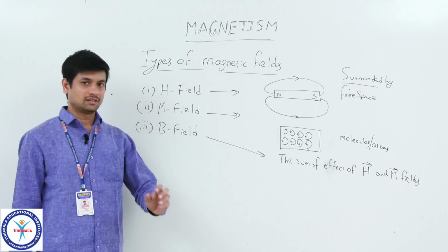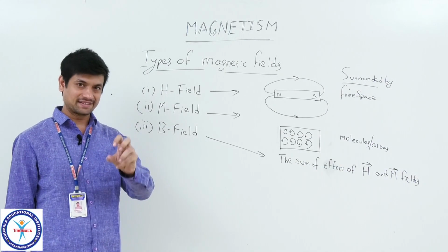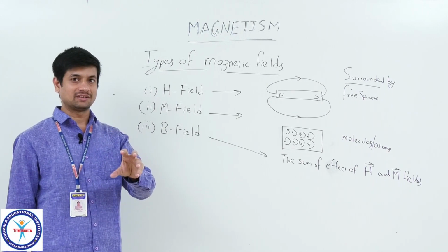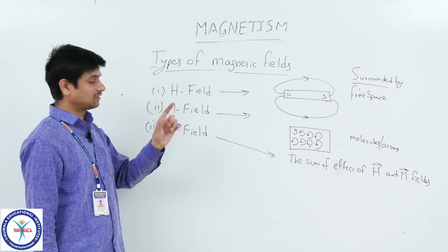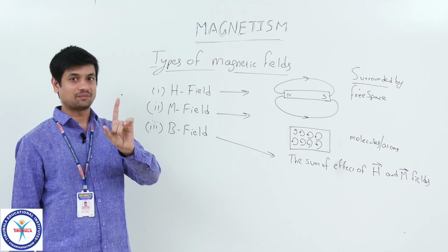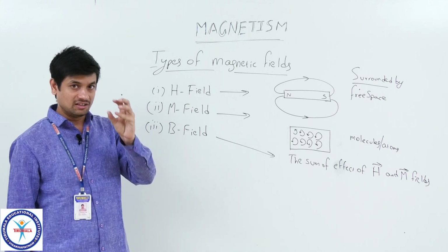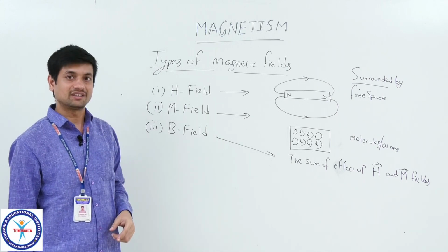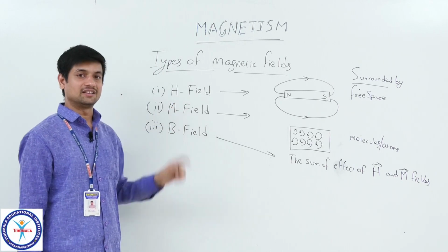So children, I have said now what the importance of magnetizing materials is, and before that, how this phenomenon occurs we have learnt, and we have learnt how to calculate the magnetic flux density B. But is it only the B? Is it depending on other factors? Yes, it is depending on other factors. Those are the H field and M field.